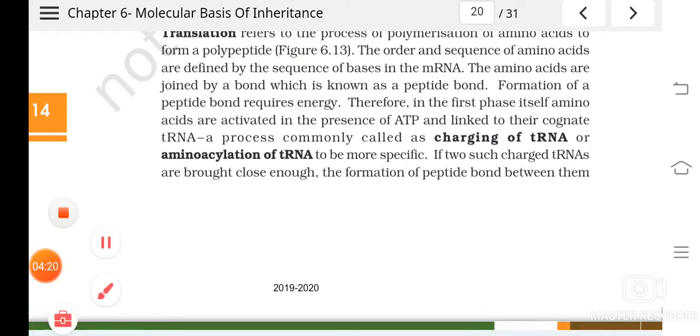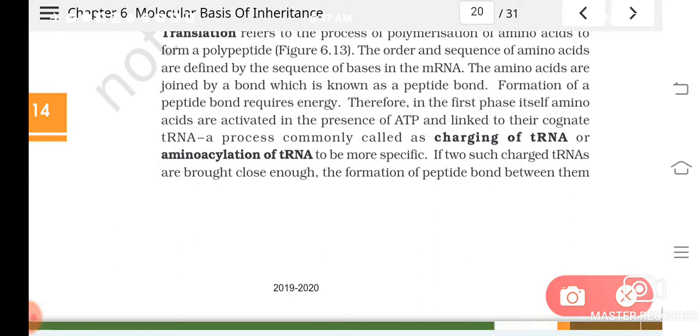So here what happens is the amino acids, if they are brought together, see how polypeptides are formed by the joining of amino acids, isn't it? Which is the bond between the amino acids? Do you remember? That is the peptide bond. So when two amino acids are joined by a peptide bond, the polypeptide chain's length will increase by adding amino acids one by one by peptide bond. Understood? So this is not possible if the amino acids are not charged.